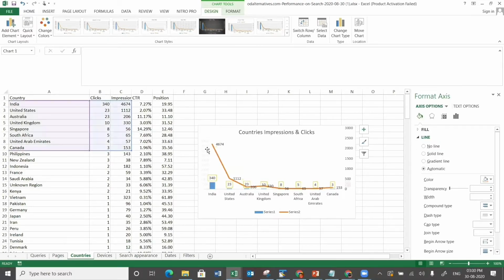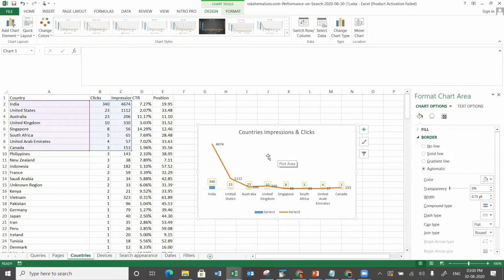And because I have already added data points here, I might not need this. It's sufficient to tell me how this is. I will edit these and include countries and impressions and clicks, etc. And then I can present it to my seniors to tell how the business is performing.